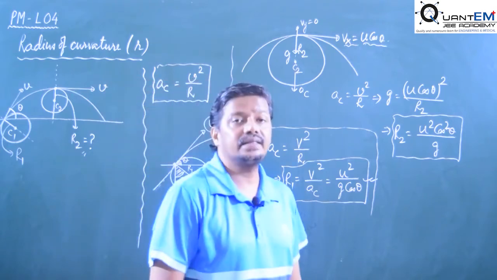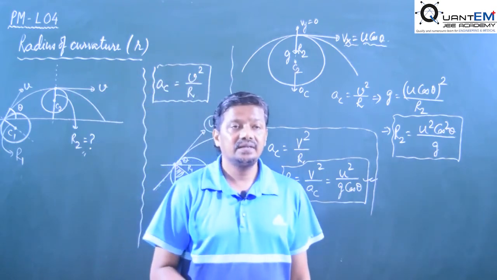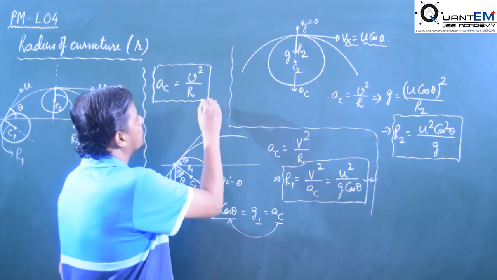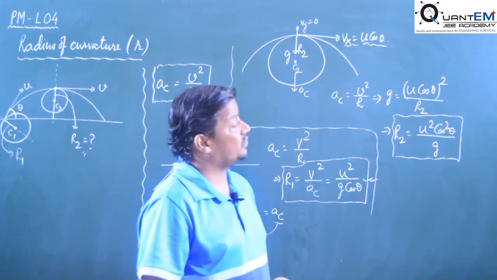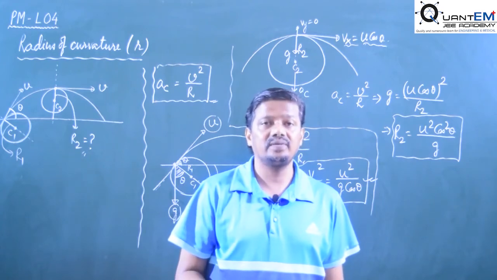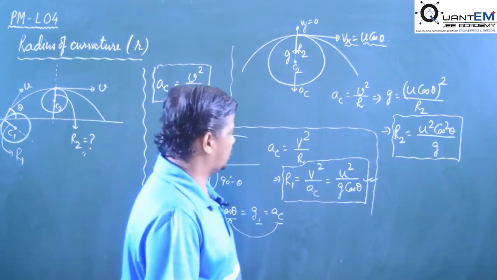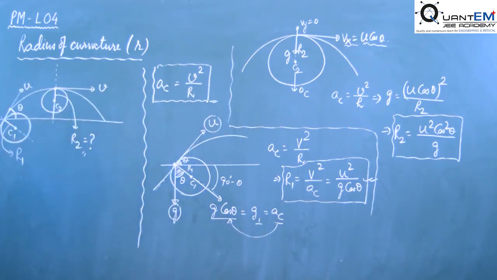Further, in the circular kinematics part, we will be doing the derivation of this, and we will also get the radius of curvature when the curve function is defined, y is equal to f(x). That derivation we have to do also. Okay, now we come to a question. It will be for homework.